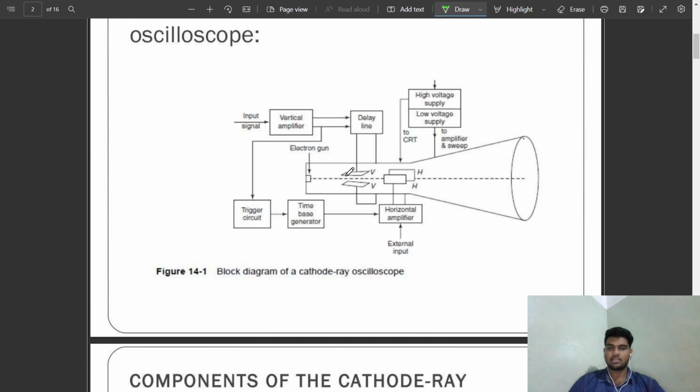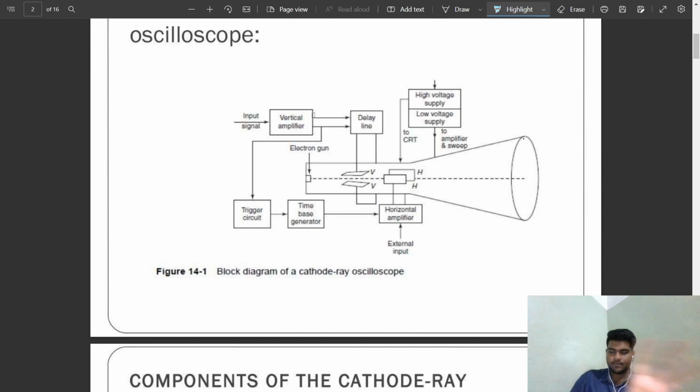So, the input to the vertical and horizontal amplifier should be at the same time. Which means the signals are too fast, but still there is a gap of about 3 to 13 nanoseconds when it is directly given compared to the horizontal amplifier signal. Let us see the diagram first. Here,